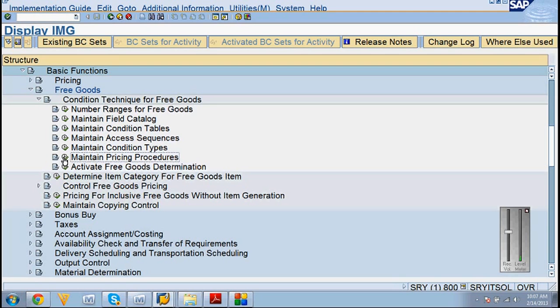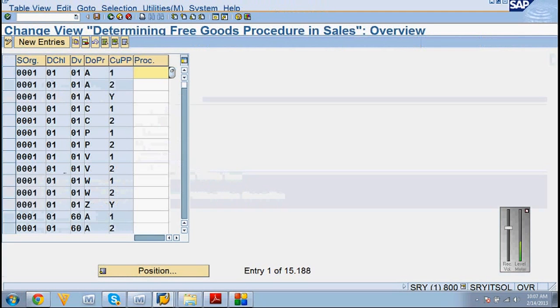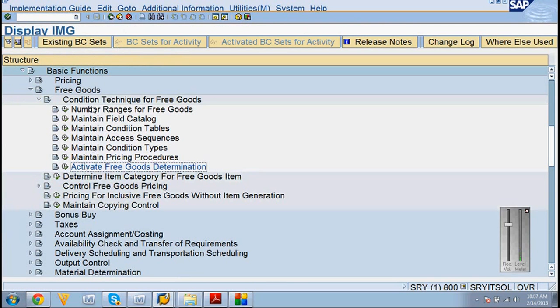To maintain the pricing process. Yes. And write this, activate also. It's very important: activation. Still all the path, the entire things, except the field catalog. You can see one or two fields, even if we don't go ahead now, it's not a problem, because for the basic logic they will be asking you the customization of free goods, how it works, what do we do in the condition record.